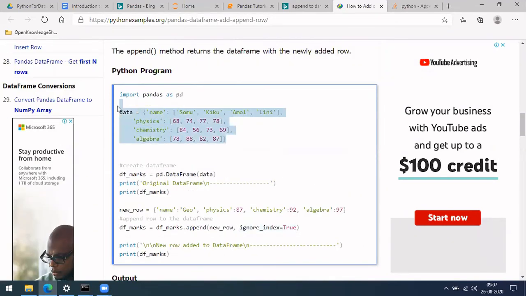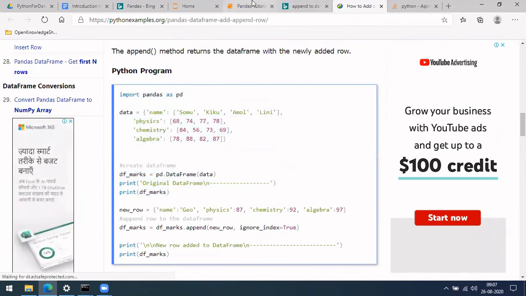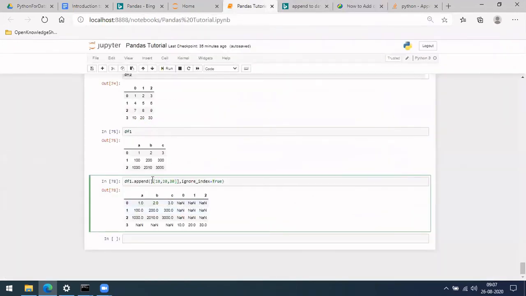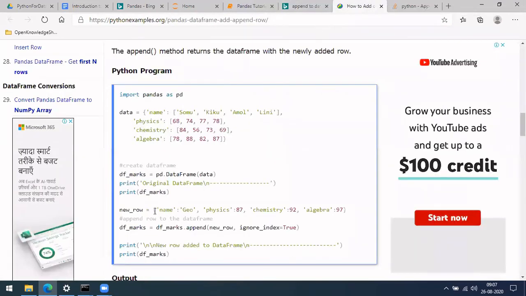okay, let's try this example only. Here, if you see, okay, that is the reason. In case you want to keep it as a list, then you will get this issue. Here, if you see how they have done it, they made it a dictionary and tried to append it.